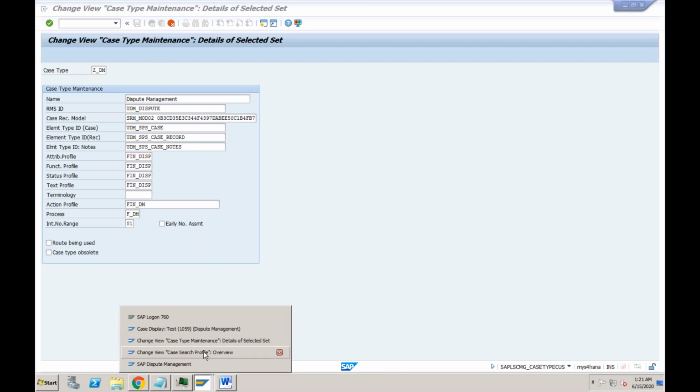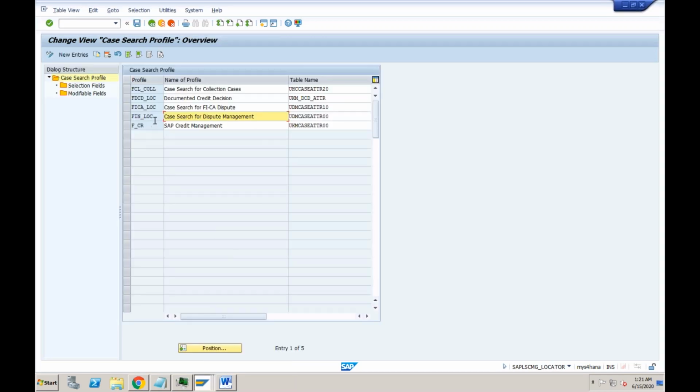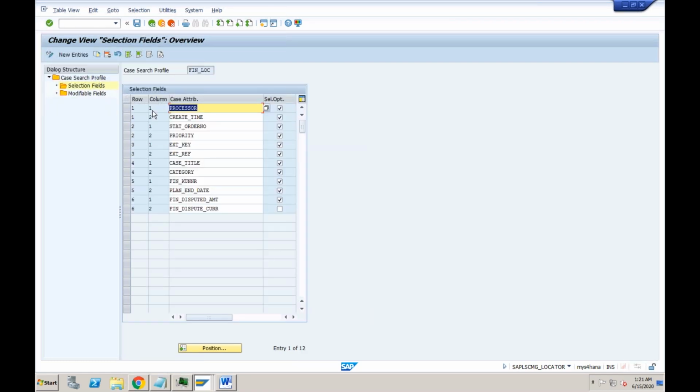So if you go to case search profile, let's use this first of all, fin_loc. And if you open this, you can see selection fields. These are the fields which are available to you whenever you want to search for a particular case.